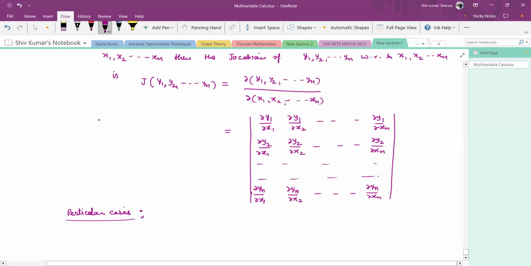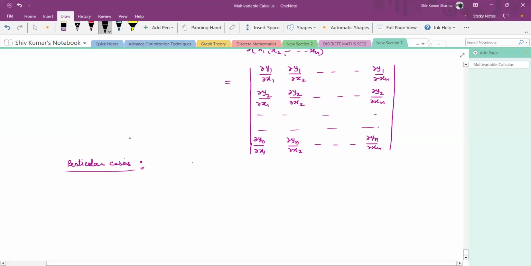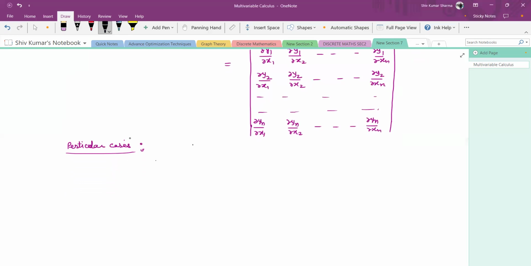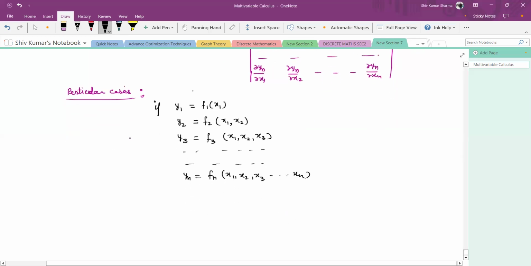We have some particular cases. So for particular cases, we write down as if y1 is a function of only a single variable x1, y2 is a function of two variables x1 and x2, y3 is a function of three variables x1, x2 and x3, and similarly we write down for the general term, yn is a function of n variables x1, x2, x3, up to xn. So then